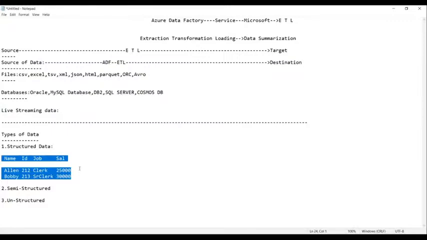Now the next is semi-structured data. What do we mean by semi-structured data? It is data which is not properly structured, but still it is not unstructured; it still has some structure.